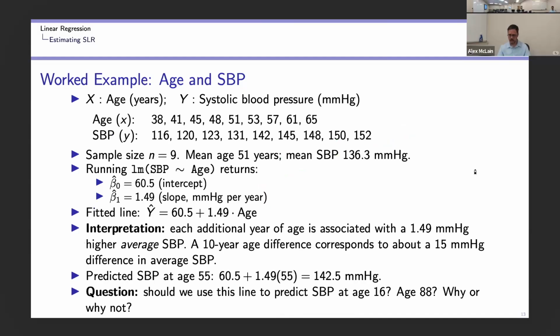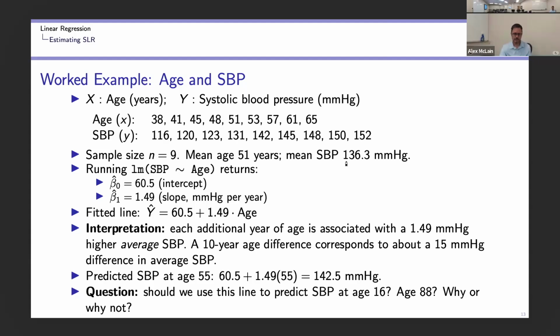So here's another quick example. It's going to match the example that we'll go over in the R component here. We have age, we have systolic blood pressure. It's just a small data set here. We have different ages, different systolic blood pressure. So the first person is 38, systolic blood pressure of 116. Second person's 41, systolic blood pressure of 120. So on and so forth. We have 9 subjects. Average age is 51 years. Mean systolic blood pressure is